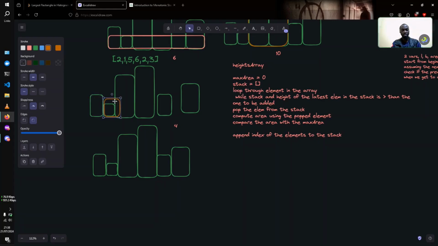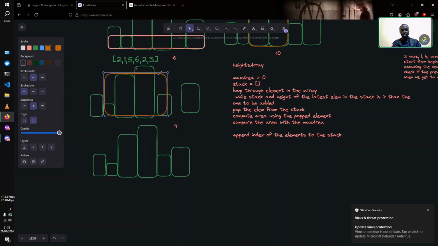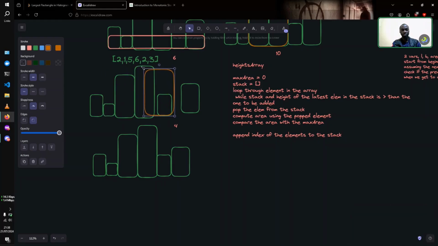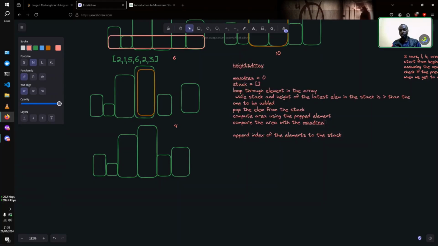Remove that, move to the next one, and continue until we get up to here. So now we are at 6. So we compute 6 by 1. Compare 6 by 1 with the max area. 6 is larger, so that will be our new max area. And we're going to continue like that until